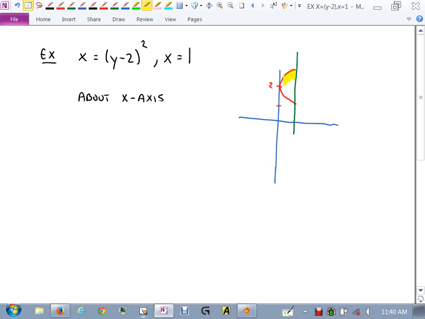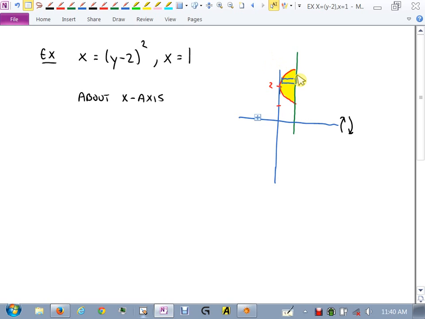And so you have this region, and we want to rotate that around the y-axis. I mean, x-axis, thank you. Right? So do you see that your vertical rectangles won't work here? Not easily again, right? What would be easier for us to do would be to just do a rectangle sideways,